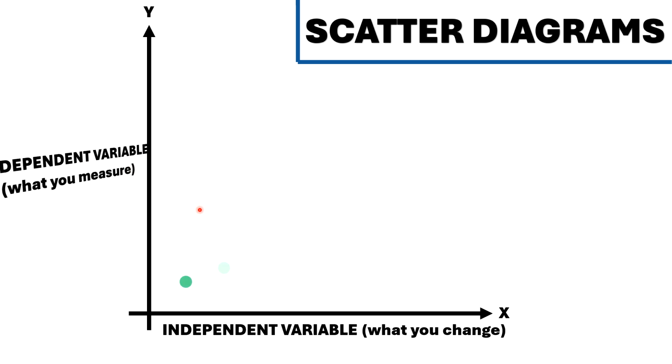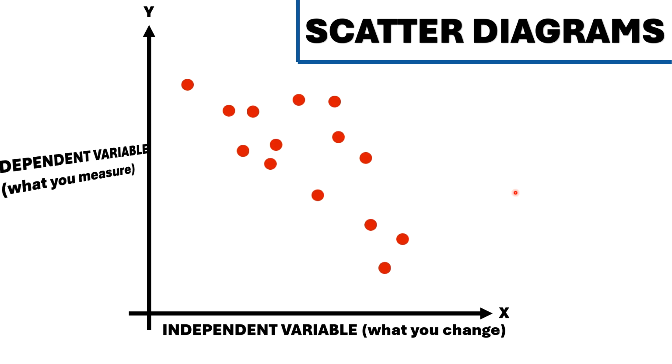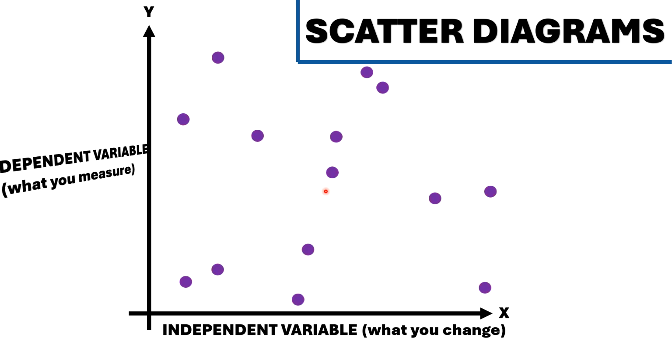measure. Now, this is an example of a positive correlation where there is an outlier, and we draw a line of best fit, which we're going to look at in a second. This line of best fit is linear in this case. You could have a line which is non-linear. It could look somewhere like this, a curve. Now, this would be a negative correlation, and this would be no correlation if all the points are all spread